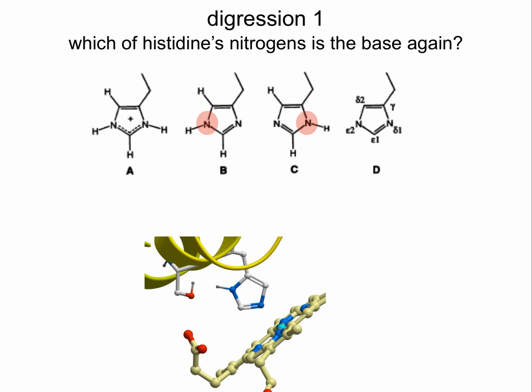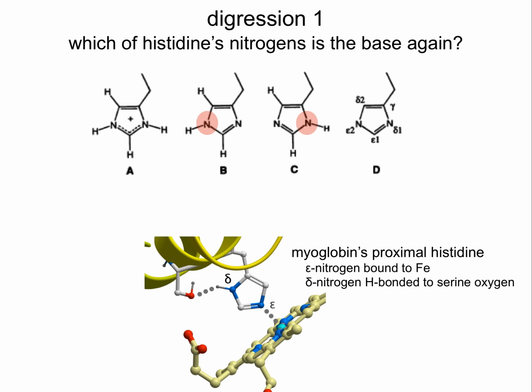So here is a cartoon of that myoglobin structure, and we see the proximal histidine, that is the histidine that's bound to the iron atom of the heme. And again, we point out that it's the delta nitrogen that's protonated, and in this case, engaged in a hydrogen bond with a nearby serine. And we see that the epsilon nitrogen is bonded to the iron atom of the heme. So the structural context determines the details of the behavior of the amino acid side chain, is the point here